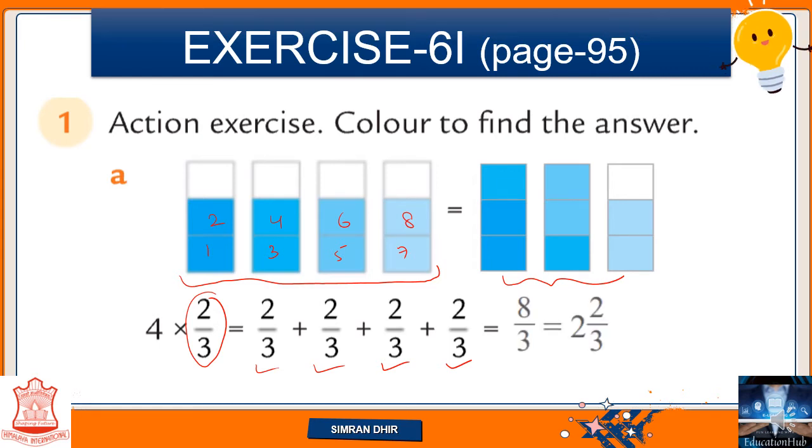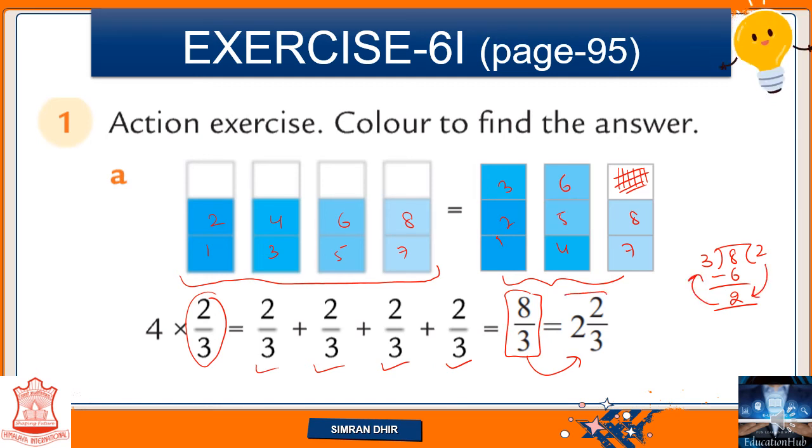सो व्हाट वी सॉ, इट इज़ टोटल ऑफ 8 by 3. दैट मीन्स हमने 3 स्टेप्स के अंदर 1 2 3 4 5 6 7 and 8 बॉक्सेस को कलर करा and we haven't colored this last box, right? So 8 by 3 is in our improper fraction. Again we are going to convert this into mixed fraction. That is how we are going to convert. 3 2 times is 6 and the remainder is 2. So 2 by 3 is our required fraction. And if you will see clearly, हमने 2 हमारा होल नंबर है.